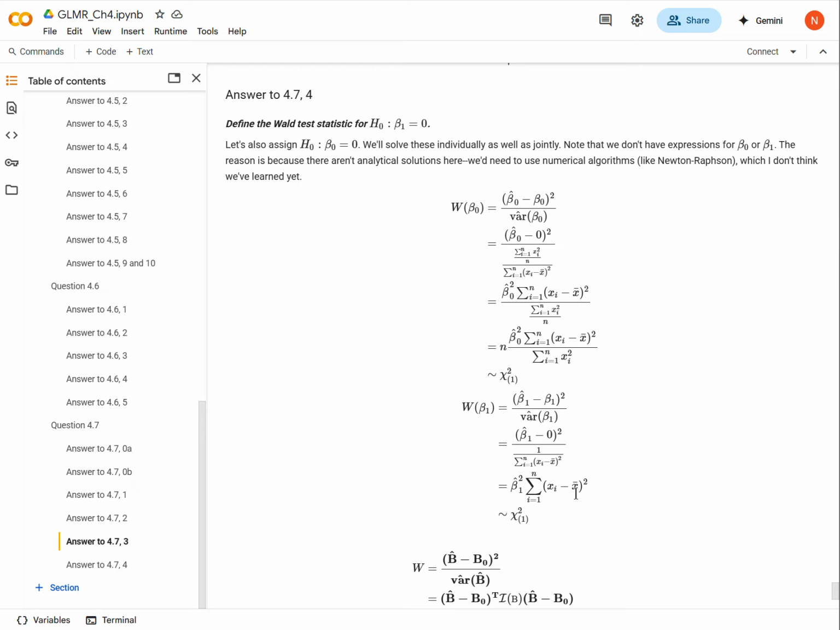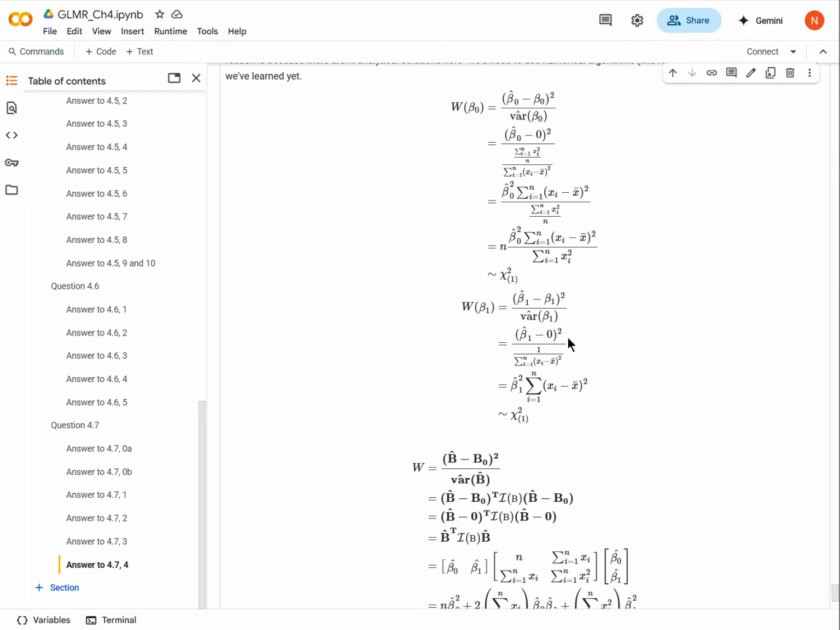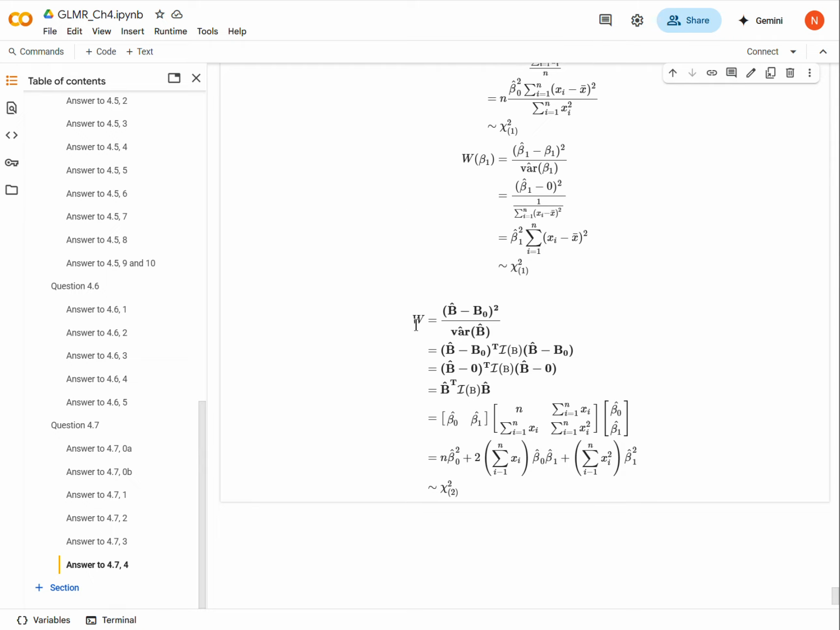And then we push through, push through, push through. And in both cases, we have the final expression, well, all of these expressions because they're equivalent, are distributed as a chi-square distribution with 1 degree of freedom. Now, if we wanted to check the joint distribution, then we might construct our Wald statistic like this, but